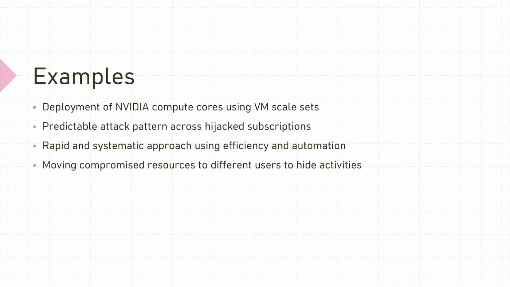So again, they would get as many cores as they possibly could using NVIDIA GPUs on virtual machines in the cloud, take a bunch of hijacked subscriptions, do a quick automation of it, and then run it all across different users to hide their activities. So it's extremely quick and dangerous,